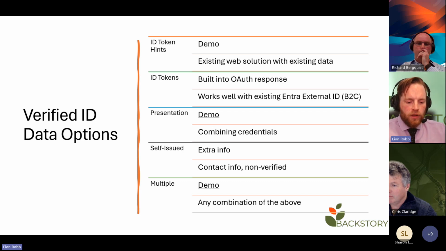So if you've watched this and you've got a security hat on, you saw those QR codes pop up and you're thinking, well, I could scan that in with my phone. You're absolutely right. Anyone could grab that credential. You don't necessarily know that data belongs to the person who's got that data. Just like if I stole a driver's license of someone, it's a verified driver's license, but I'm not the same person. So doing an ID token means they have to go through an extra step of logging into the portal,